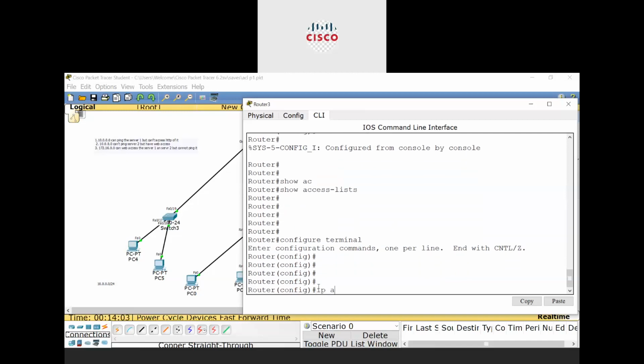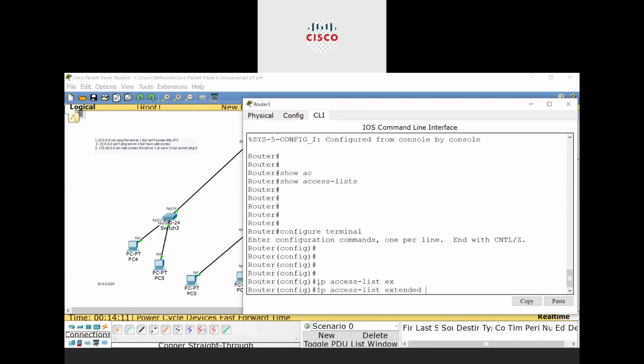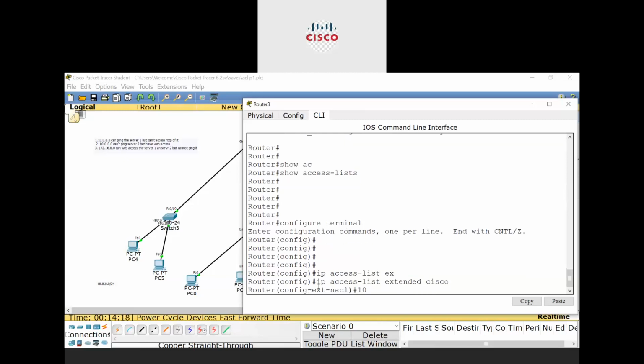So I will write the command ip access-list extended, then the name of the extended ACL. Let me give the name Cisco. Then rule number 10. It's not mandatory to give numbering from the beginning; while we are configuring the access control list, it will be taken by default.